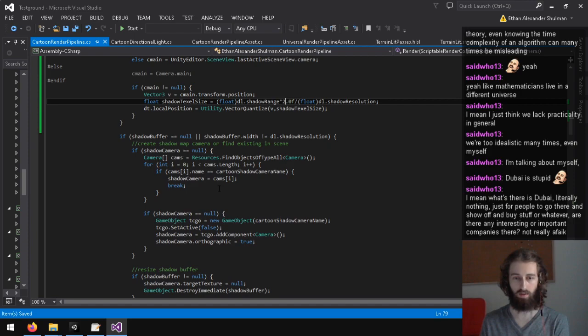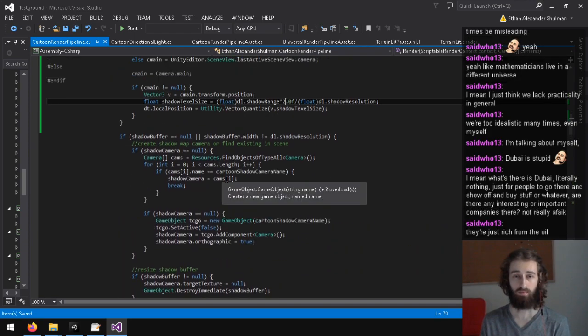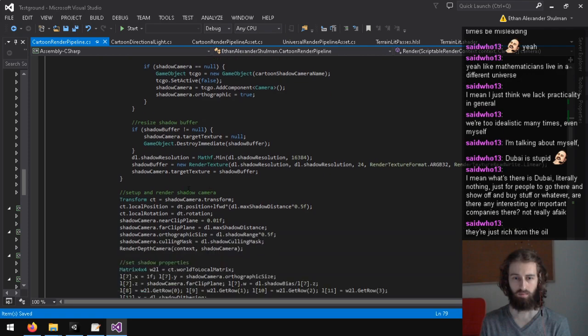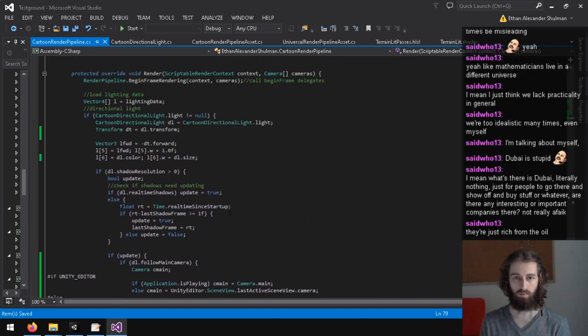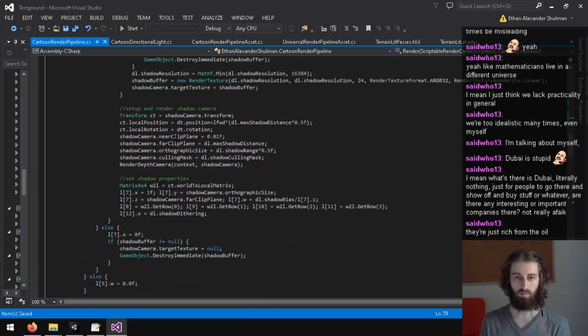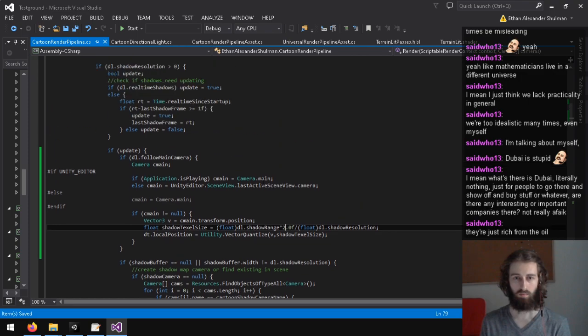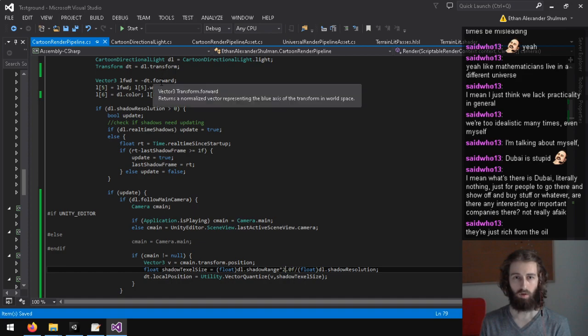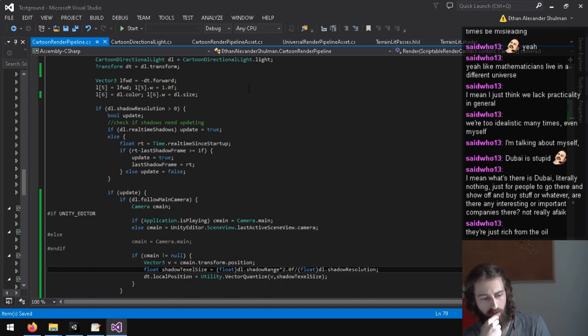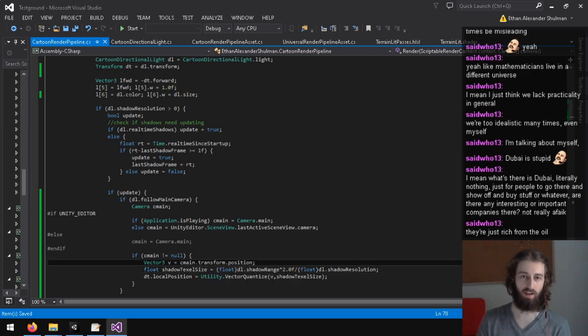So wait, where is... Oh, I guess I can use the forward, right, and up to compute. Okay, I'm getting this. So I need to calculate